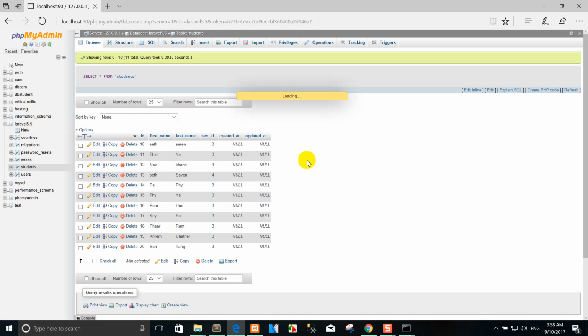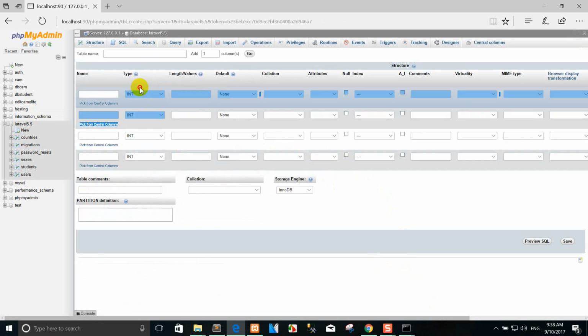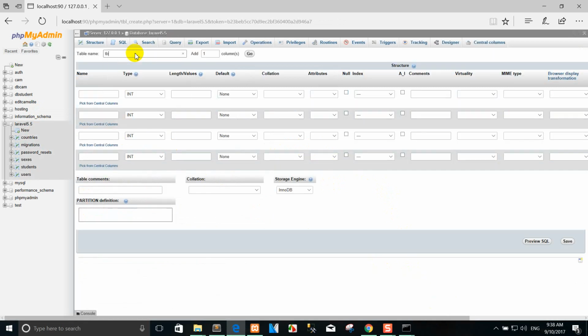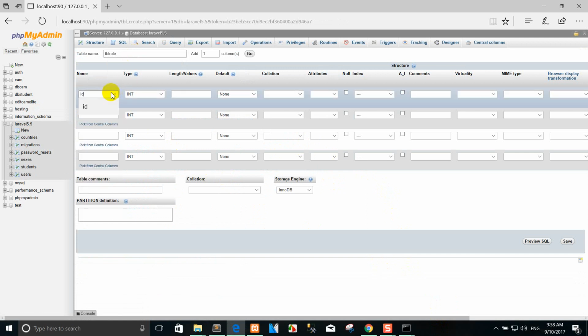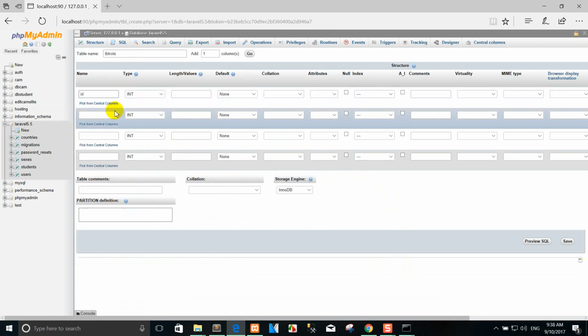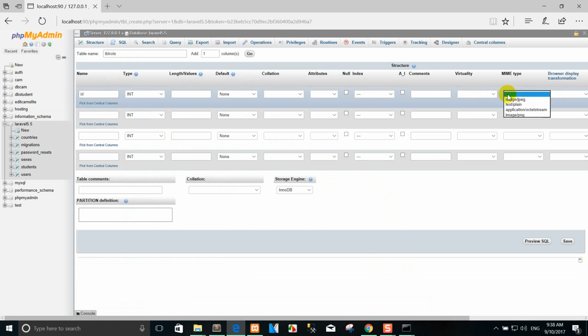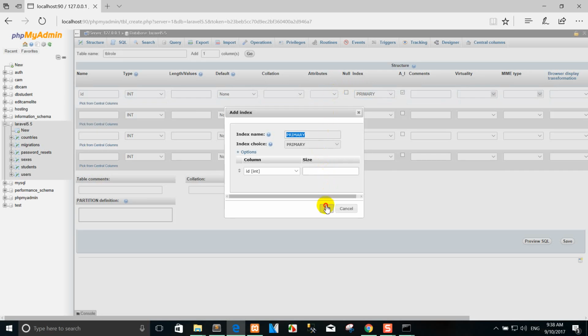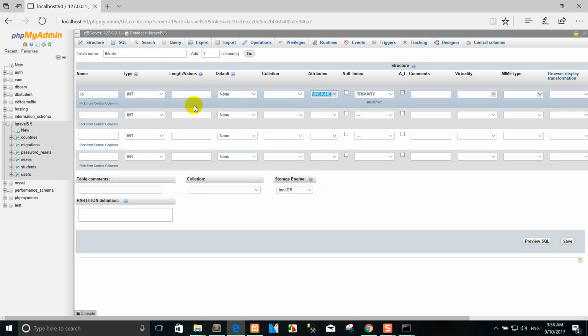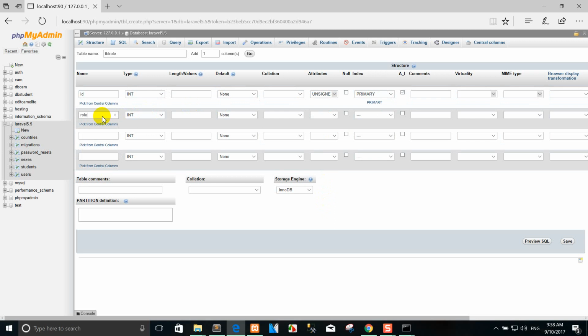Yeah, I don't want to create the migration, so you use TBL row. Okay. ID. Okay, so